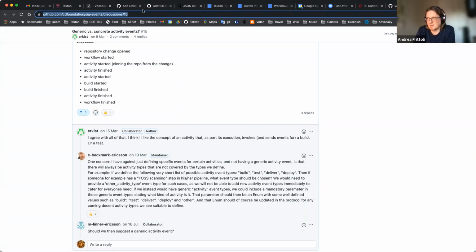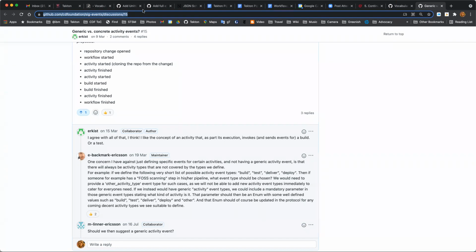Does it mean that we would also consider it possible for a system to emit a generic activity without being a specialized one? I'm not sure that would... I think it would be